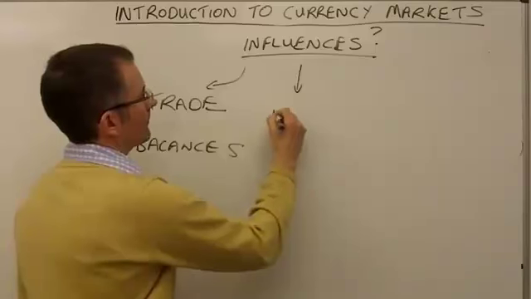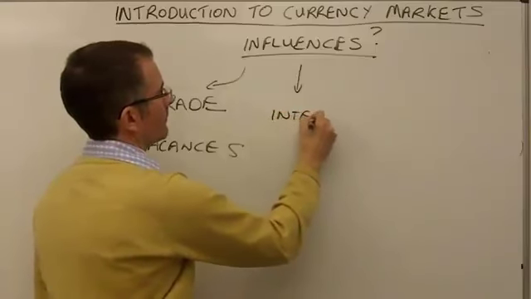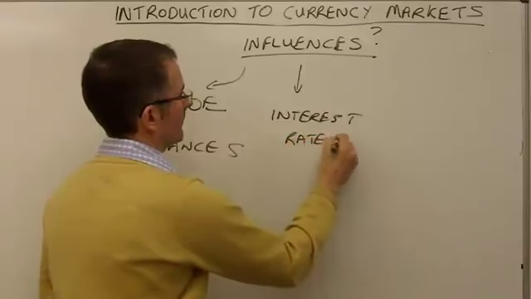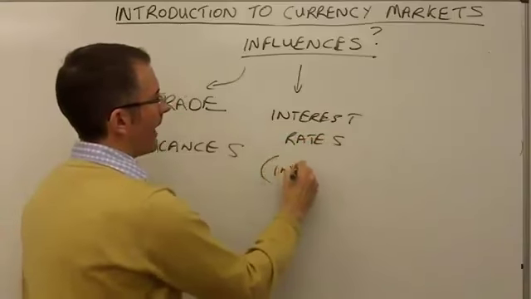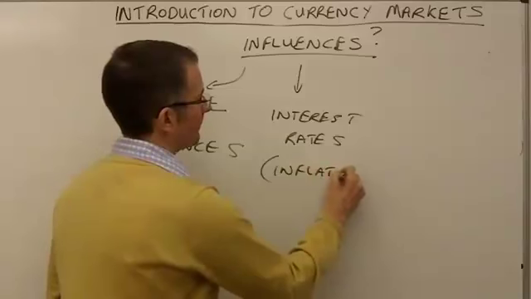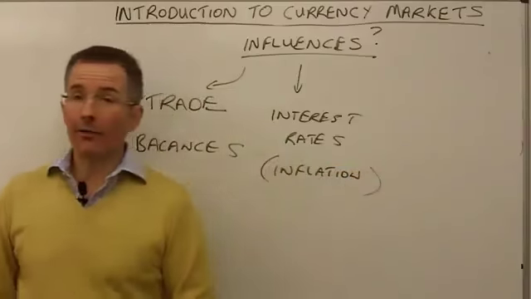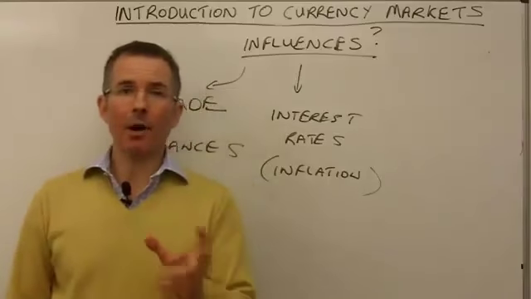Number two, interest rates. And you might say, linked to that, inflation data. Basically, the price of a currency is dictated heavily by what you can earn